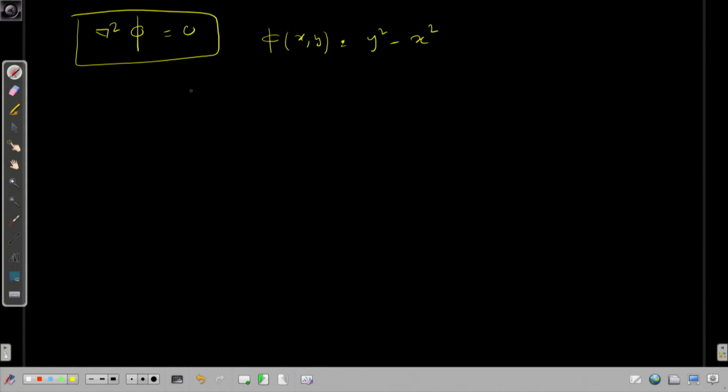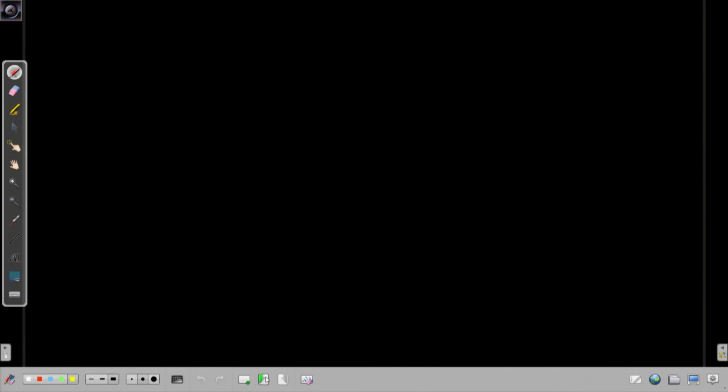First, you find out del square phi by del x square plus del square phi by del y square, and check whether this equals 0 or not. In that case, it is 0. So, we can call this function a velocity potential. Fine. Now, first let us try to find out whether this phi,